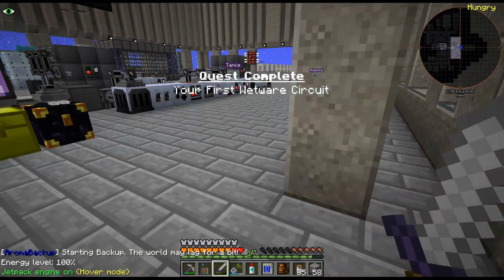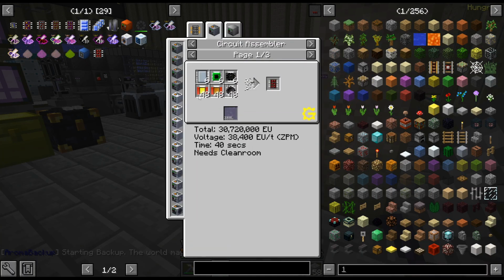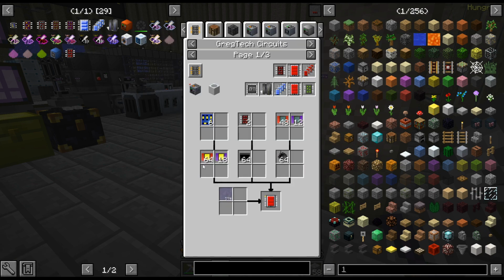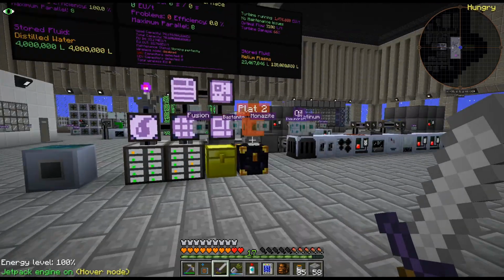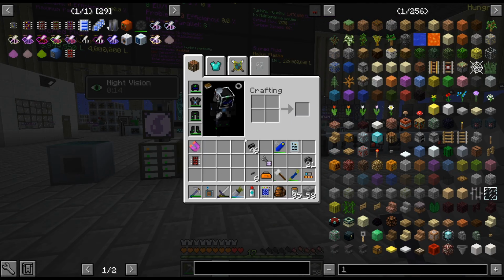I have just been getting our first wetware with this very inefficient recipe, because we need to send this through a slicing machine, and that weird kind of recipe that we need to do. Also, I didn't look at the tier that needs. LUV,